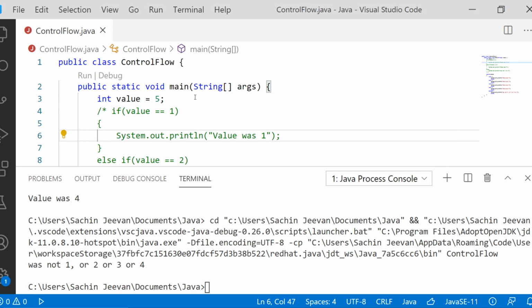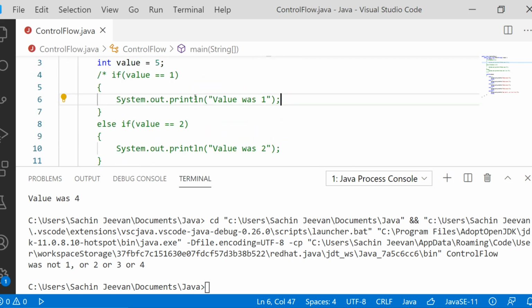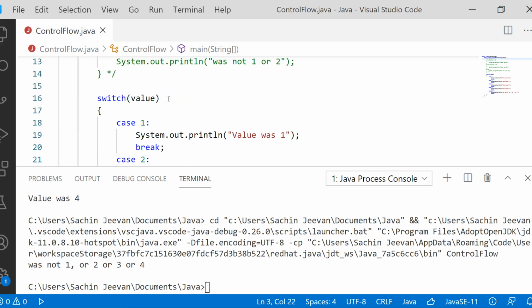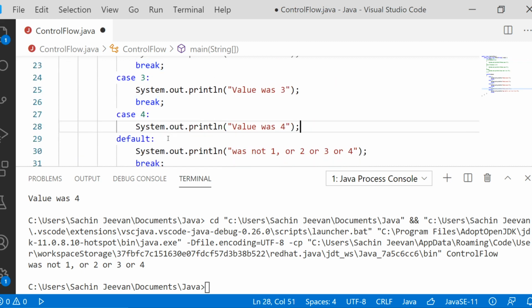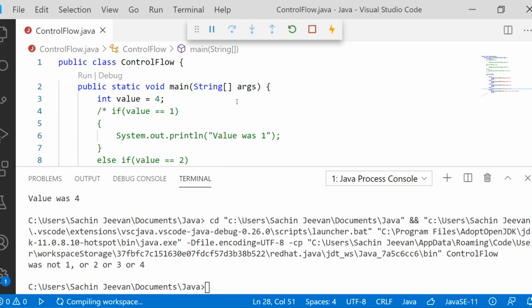Now the next thing is let us understand the importance of break. Suppose you have provided value equal to 4, and let me enter into case 4, and let me remove this break statement. Now let us execute and check what is going to happen.